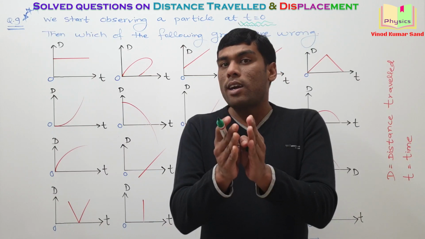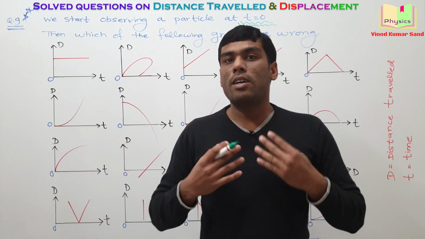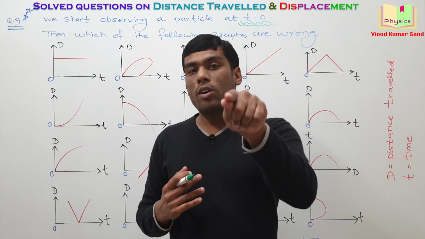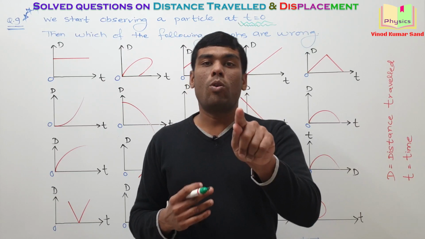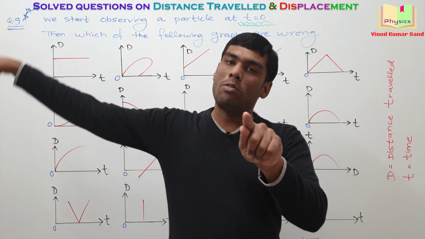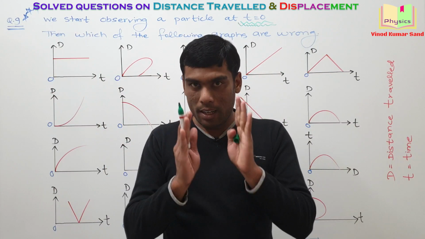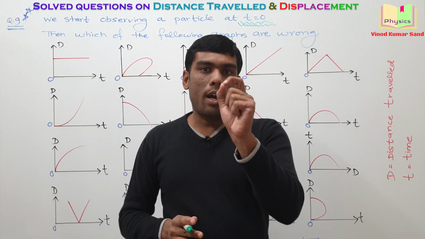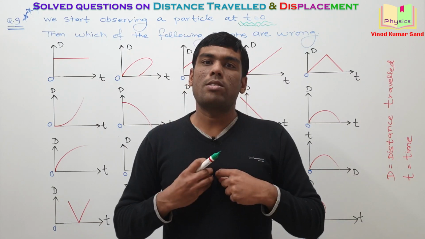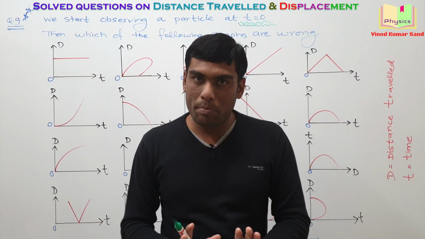After this moment, if I travel some distance, you can measure that distance traveled. But when you start the observation, distance traveled by me according to you must be 0. Although before that moment I have traveled a lot, but you cannot see that distance traveled. Getting my point? Moment you start the observation, at that moment the distance traveled will always be 0 for the particle.